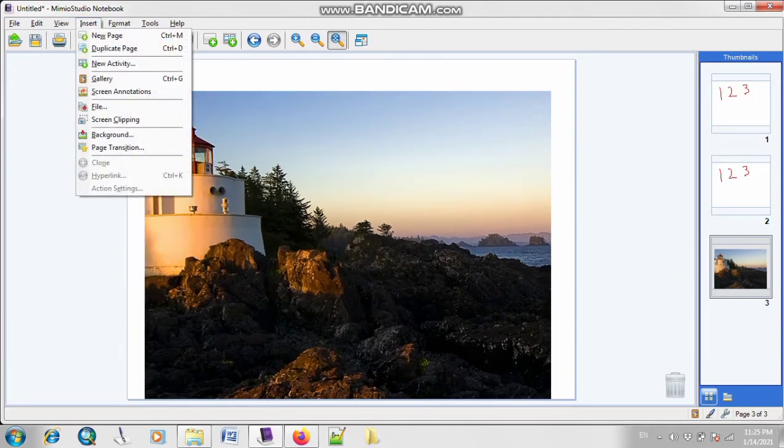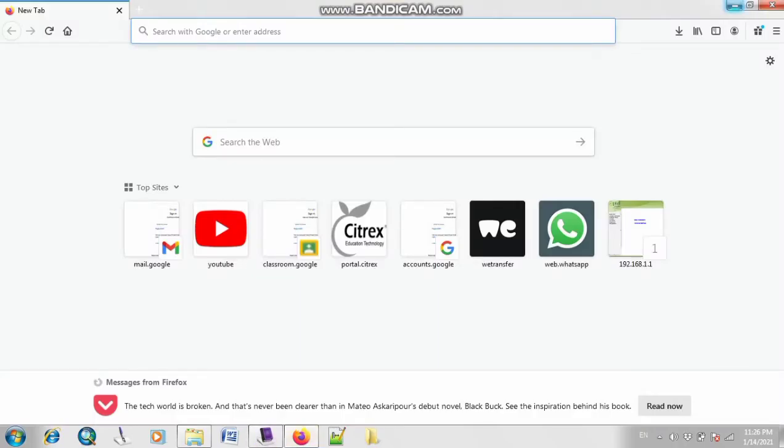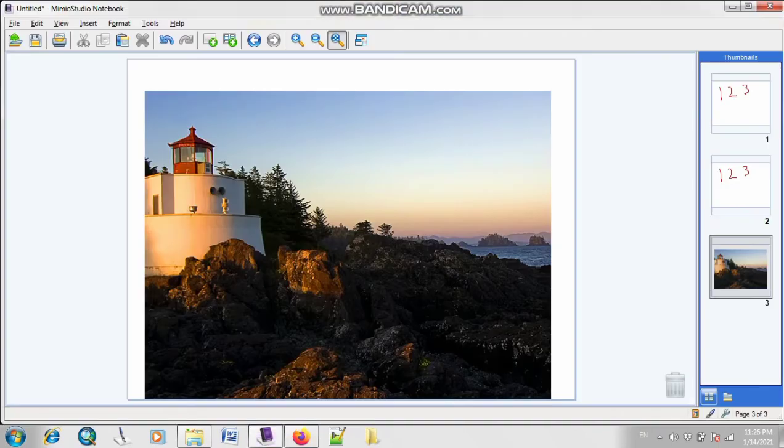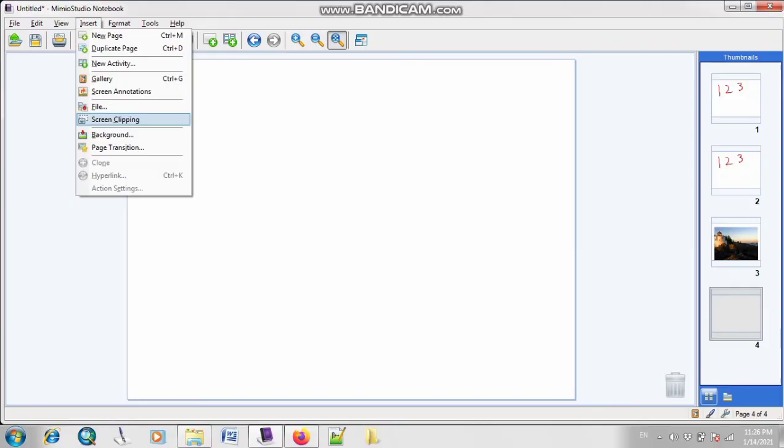Okay, the next option we have is screen clipping. Screen clipping is basically used if you want to take a screenshot of any of your activity or any window. For example, right now I am using this screen, so I will open Mimio Studio notebook and click on this option of insert screen clipping.